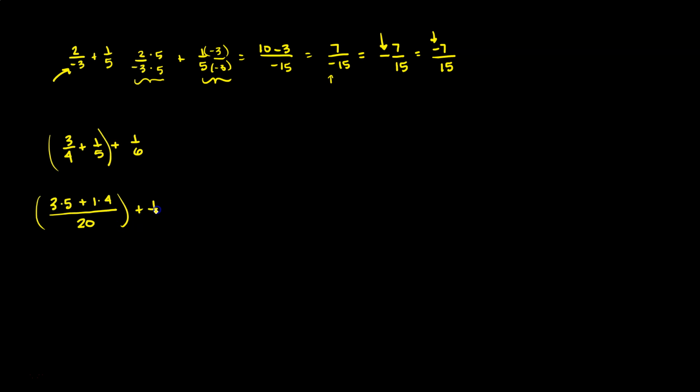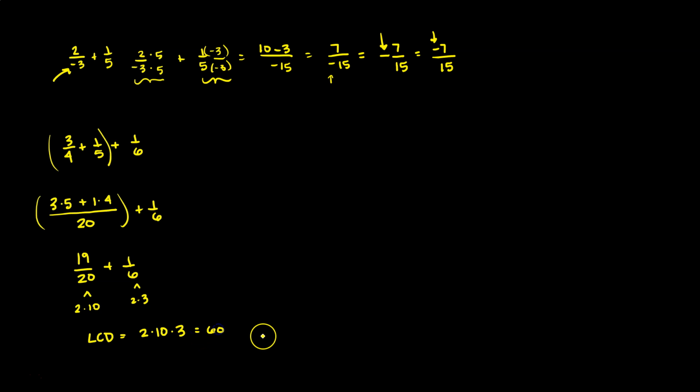And then I'm going to carry down that third fraction so that I can do that when I'm ready. Simplifying the numerator in my parentheses, I have 15 plus 4. That becomes 19 over 20. And then I want to add to that 1 over 6. Again, they do not have the same denominators, but rather than multiply 20 times 6, I'm going to notice the fact that we have 2 times 10 for 20 and 2 times 3 for 6, which means that my LCD should be 2 times 10 times 3,